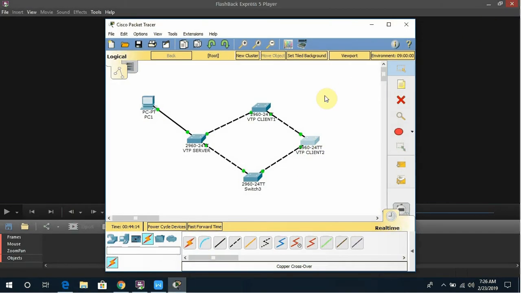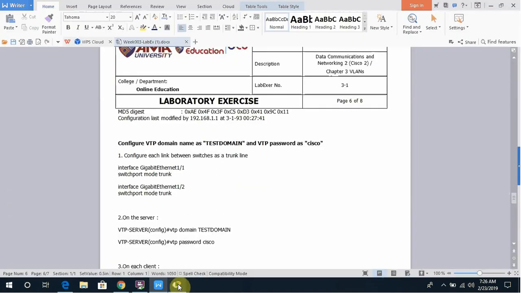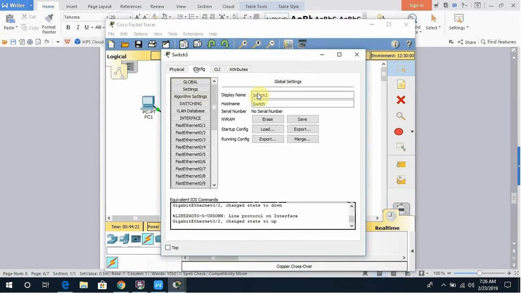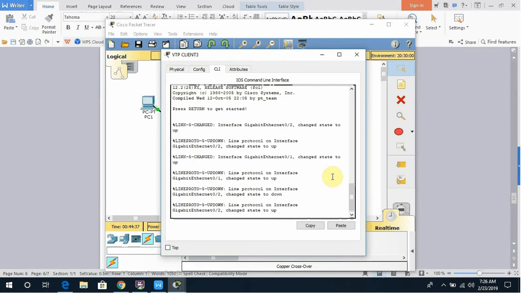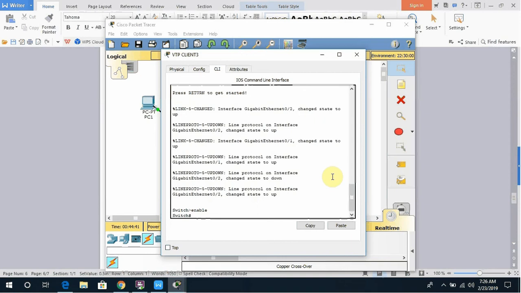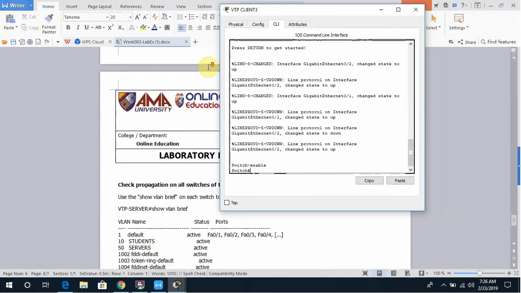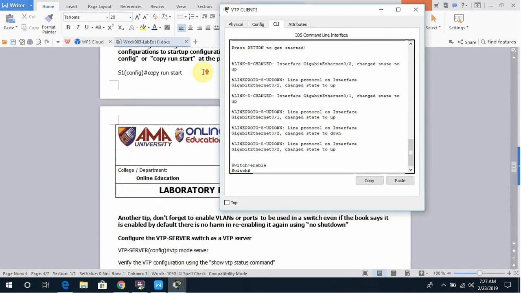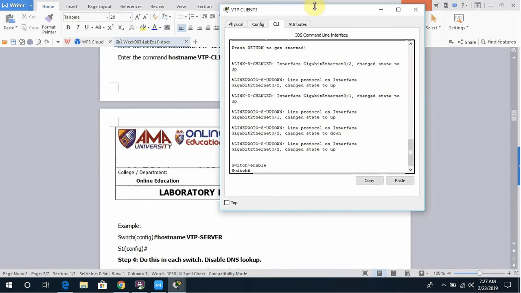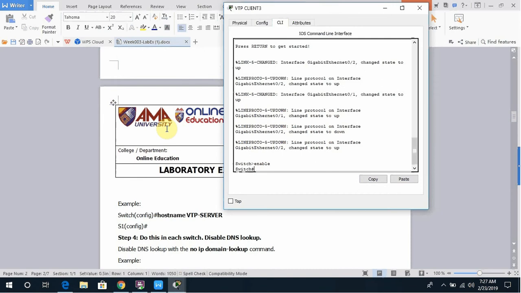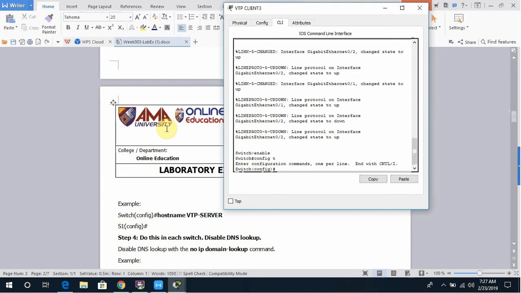Okay, configure the name. The last one is VTP client 3. Okay, enter, enable. Okay. Going back again to the top. We'll start again. Okay, then config T to go to